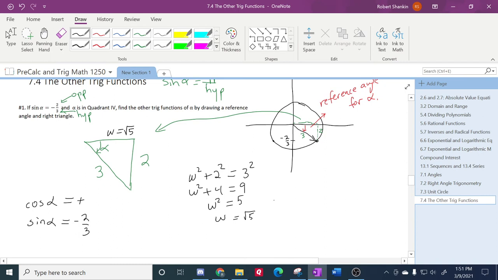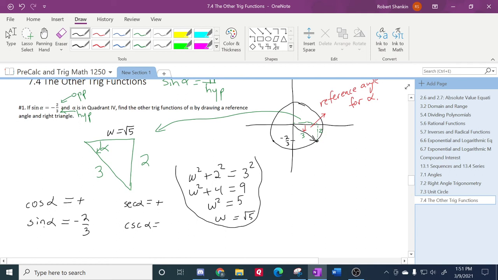Now, I'll just kind of separate this. We have cosine, we're going to have secant. Since the secant is the same thing as this, but you just flip it over, it's also going to be positive. You're going to have cosecant,